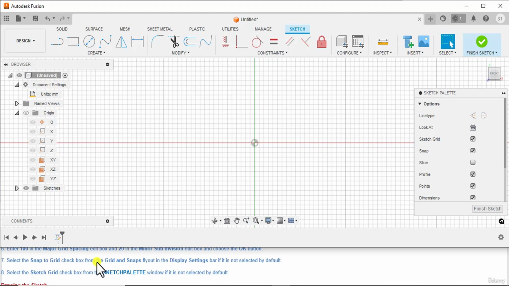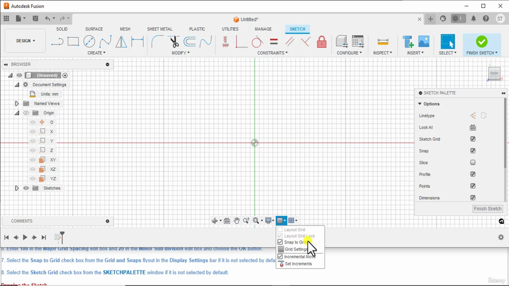Select the Snap to Grid checkbox from the grid and snaps flyout in the display settings bar if it is not selected by default. Next, you have to click on the down arrow and make sure that the Snap to Grid checkbox is selected.